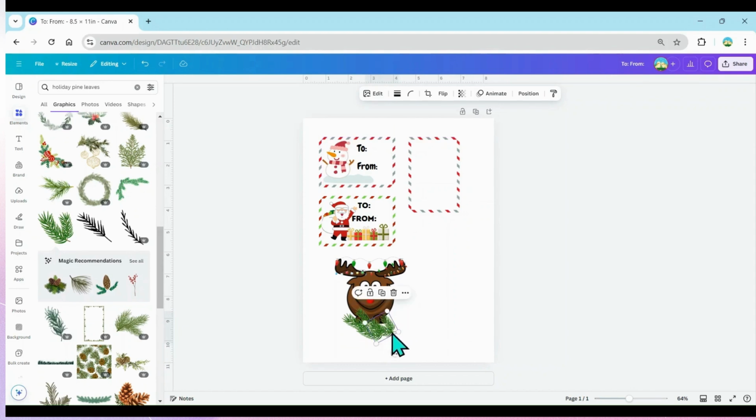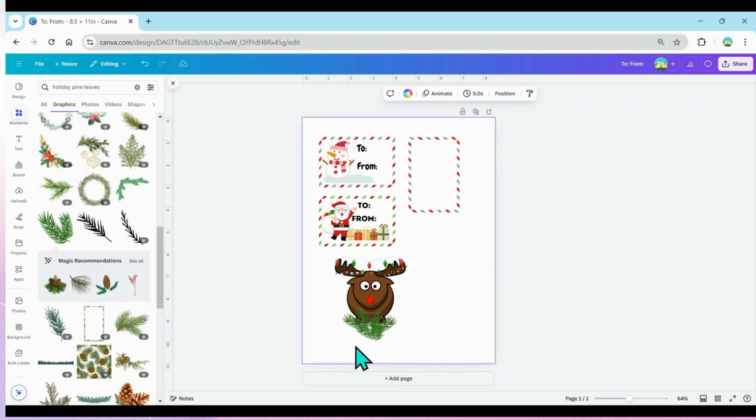Let me show you here. I want the opposite. I want this long leaf to be on the other side. Very easy. I just click on my design like this, and then I go up and go to flip right here. I go to flip and then click on however I want it. In this case, I want it like that, or like this, it all depends how I want it. So I'm gonna be clicking until I find the one that I want. So in this case, I'm just gonna go here